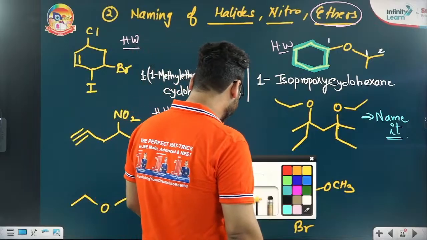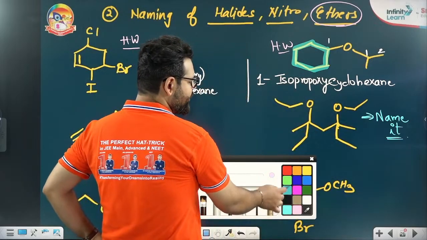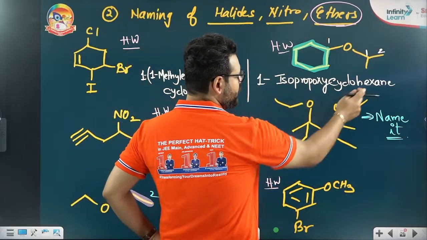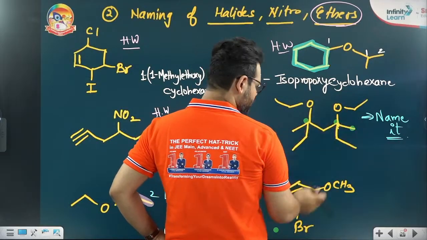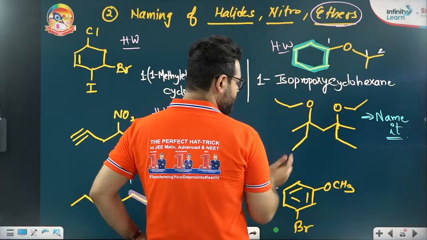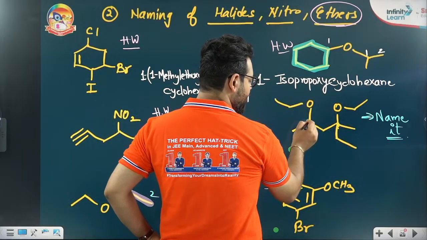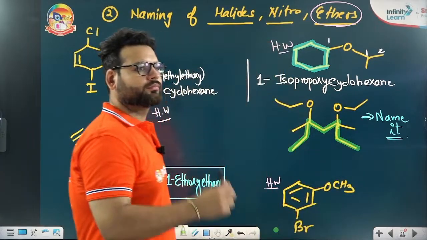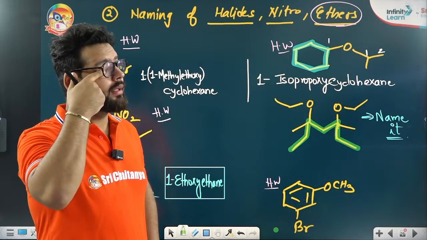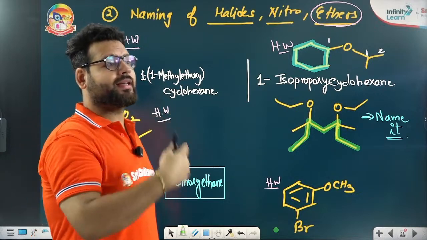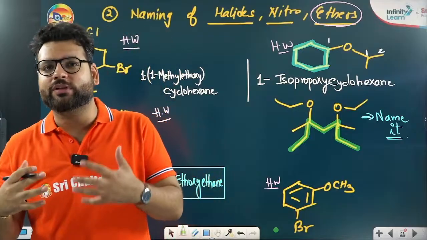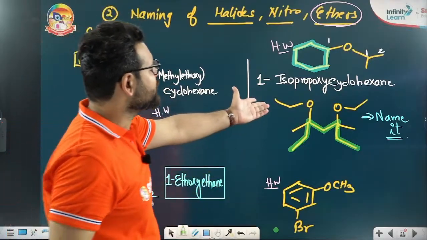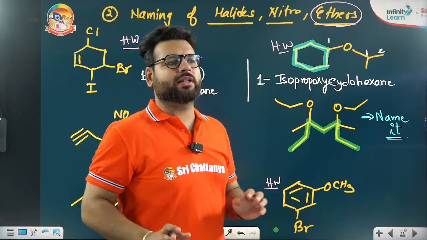Choosing the parent chain, maximum number of carbon. 1, 2, only 2. 1, 2, only 2. 1, 2, 3, 4, 5, only 5. But I can go for 7 also. 1, 2, 3, 4, 5, 6, 7. Can you see the 7 carbon parent chain? Beta, whenever you see an OR group attached, think of it just like a substituent. It's not important for us to take this carbon or this carbon. We just want to go for